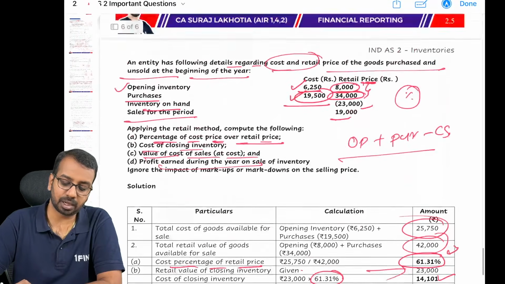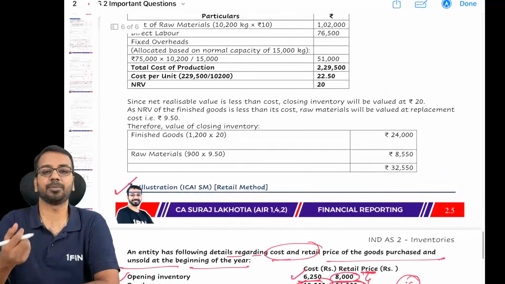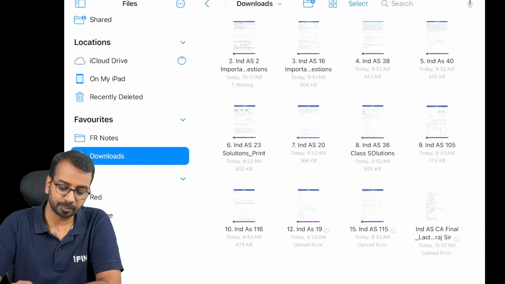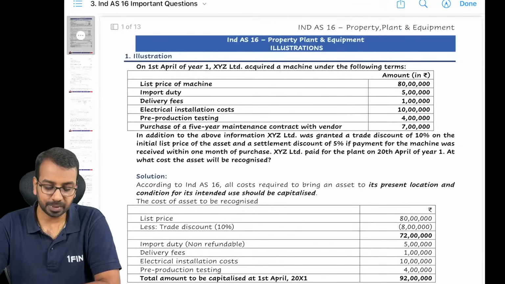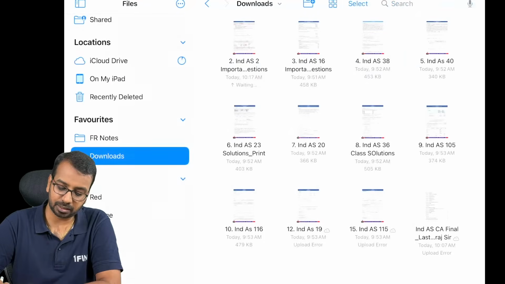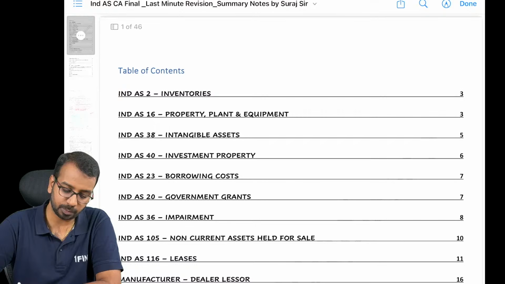So that's it with Ind AS 2. With this we have also covered the important parts that are required. Now moving to Ind AS 16. As far as Ind AS 16 is concerned, one thing you have to keep in mind is